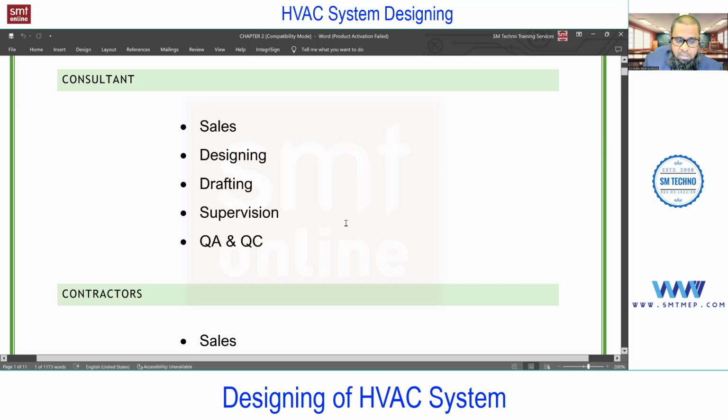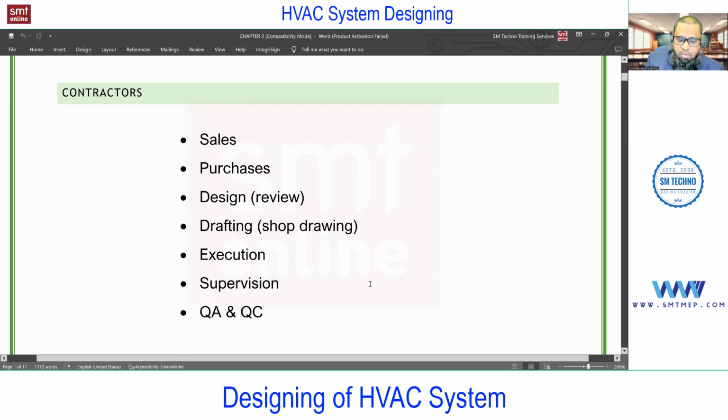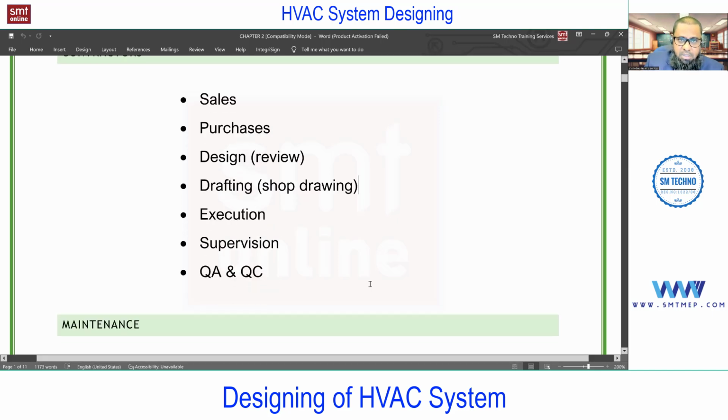I'm talking about a design consultant, and the contracting refers to the installation execution side. Again, in that contracting company, you'll find the subcontractors. So it's a big process for a big project. For a small project, things are not that complicated. So we'll try to understand the process of these services, or this designing and the execution, in actual practice in